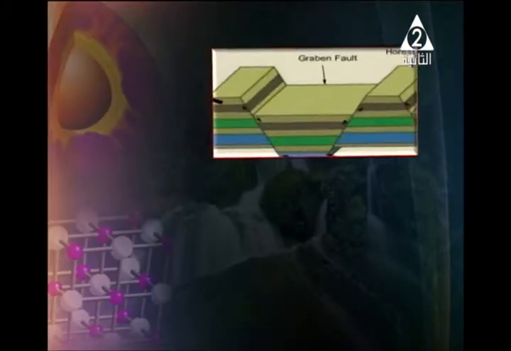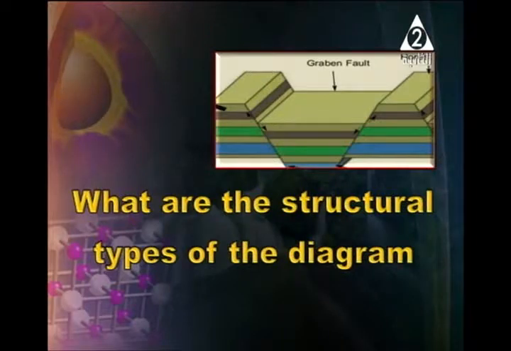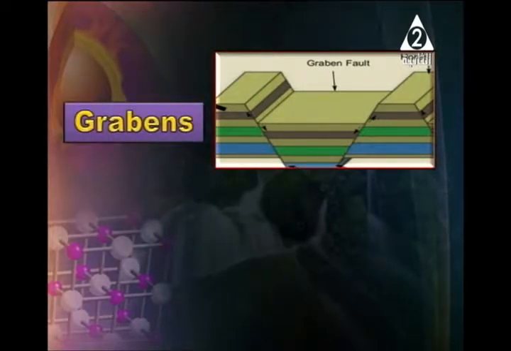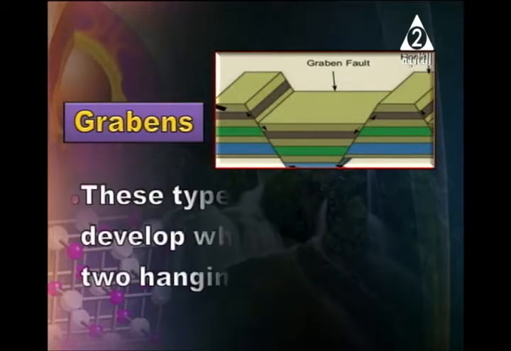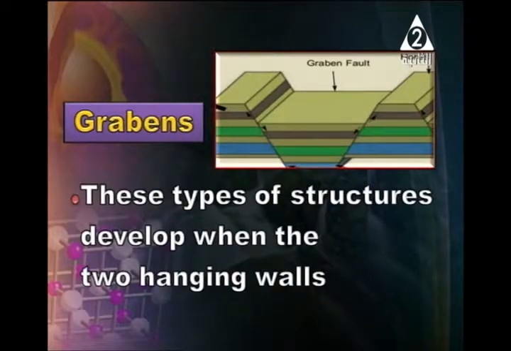Now my dear students, we will start with a kind of question where we show you a diagram and ask you for an explanation of this diagram. What are the structural types of the diagram? As you see, my dear students, we can see grabens, and the explanation: